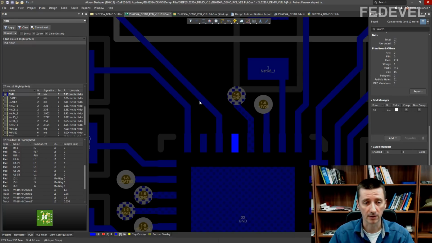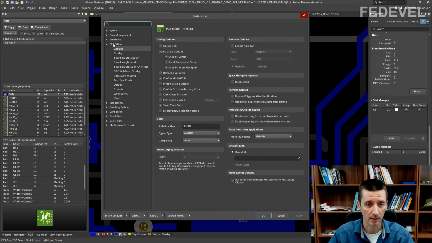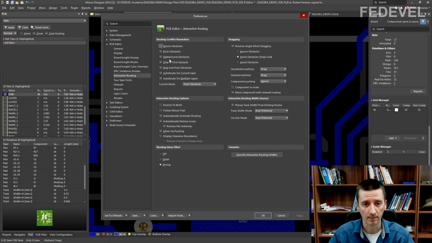Right click, Preferences, go to PCB Editor and Interactive Routing. These are all the modes which you can use during interactive routing. And because I don't use all of them, I'm going to uncheck this auto route. I'm going to uncheck hug and push.